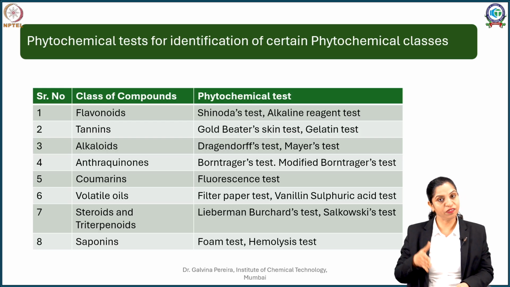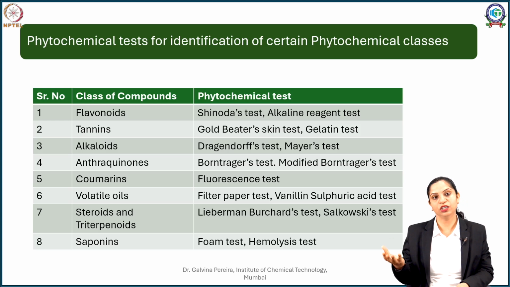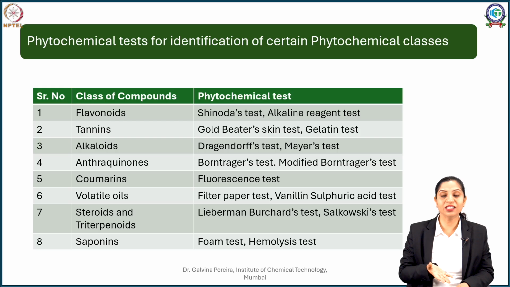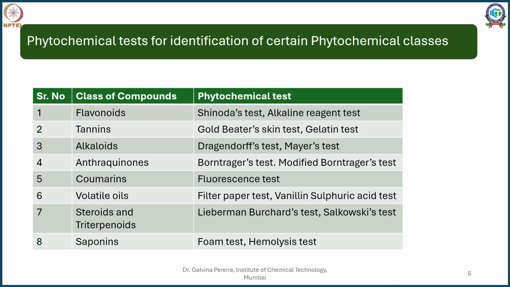Whenever you are given a new drug to assess, you carry out this series of tests and check what all phytoconstituents are present. Then you check with literature, are they corresponding to that? If in your tannin containing drugs, say for example nut galls, your tannins test, that is your Goldbeater's test, is negative, what does that mean? Either that gall sample has been exhausted, that means the tannins have already been removed, or it is a sample other than nut gall. So, there is a good chance of adulteration or substitution happening there.